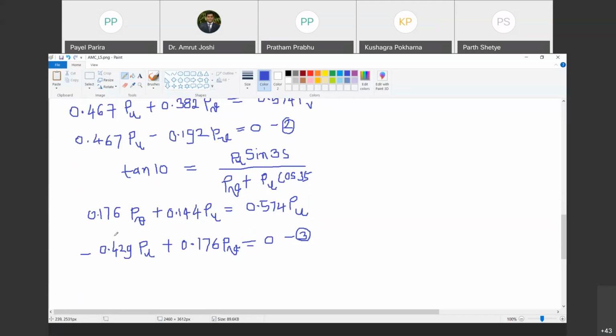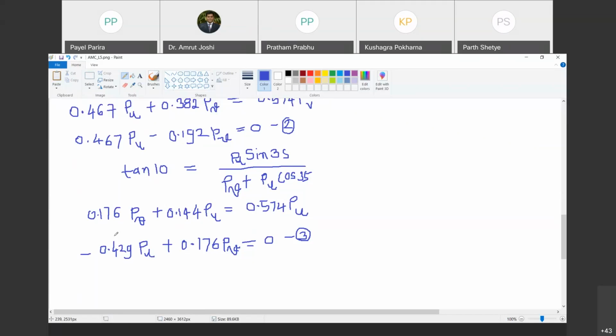I wrote it equal to. Then it asks for B1. So B1 is 0.144 equal to, C1 0.574 equal to. Now it asks for A2, minus 0.429. It asks for now B2, that is 0.176. And then